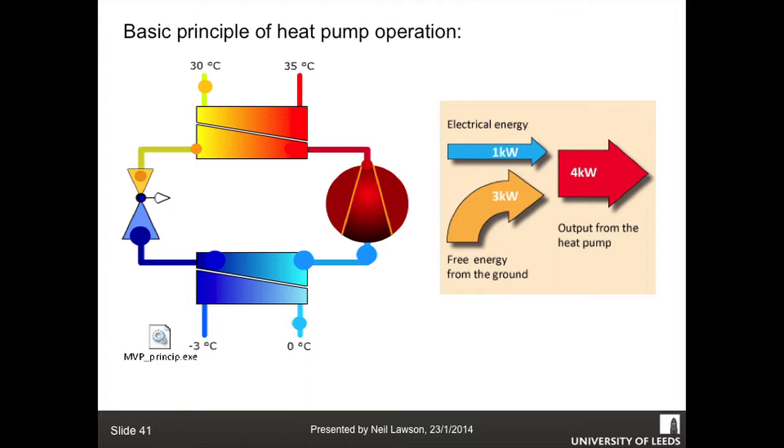So at the bottom of the diagram, we see refrigerant or a cold water, ground temperature, air, whatever it might be, coming in at 0, goes out at minus 3. So we've now boiled our refrigerant, goes into the compressor. The CO2 compressors are higher, but the standard refrigerants that we use are R410A. We can achieve something like 20 bar, which is giving us temperatures of around 120 degrees centigrade. But this transfers to a heating system at about 65 degrees centigrade, which is the useful heat